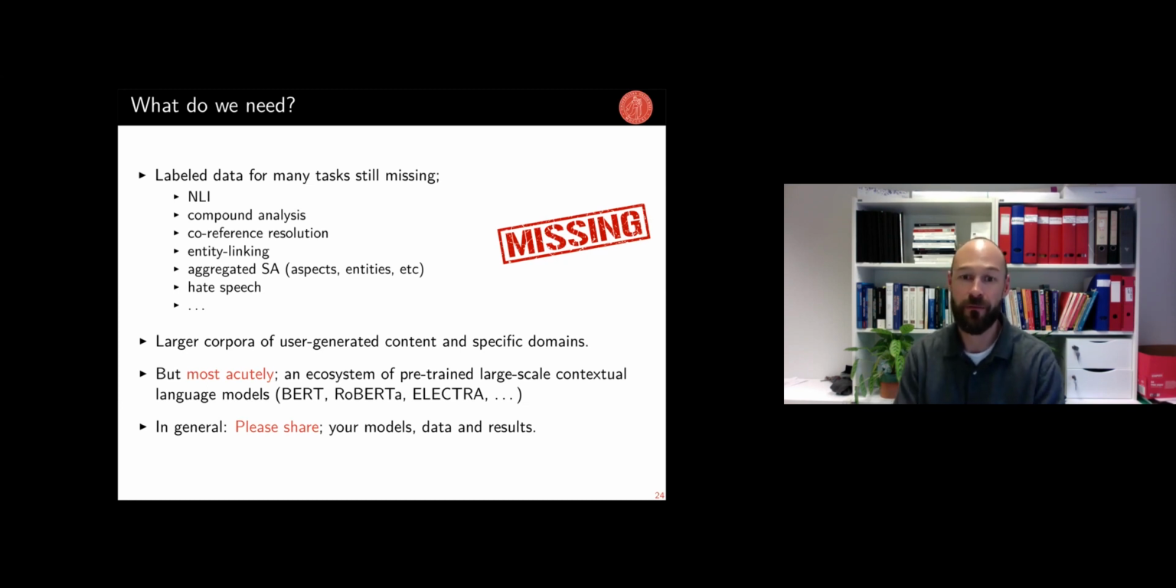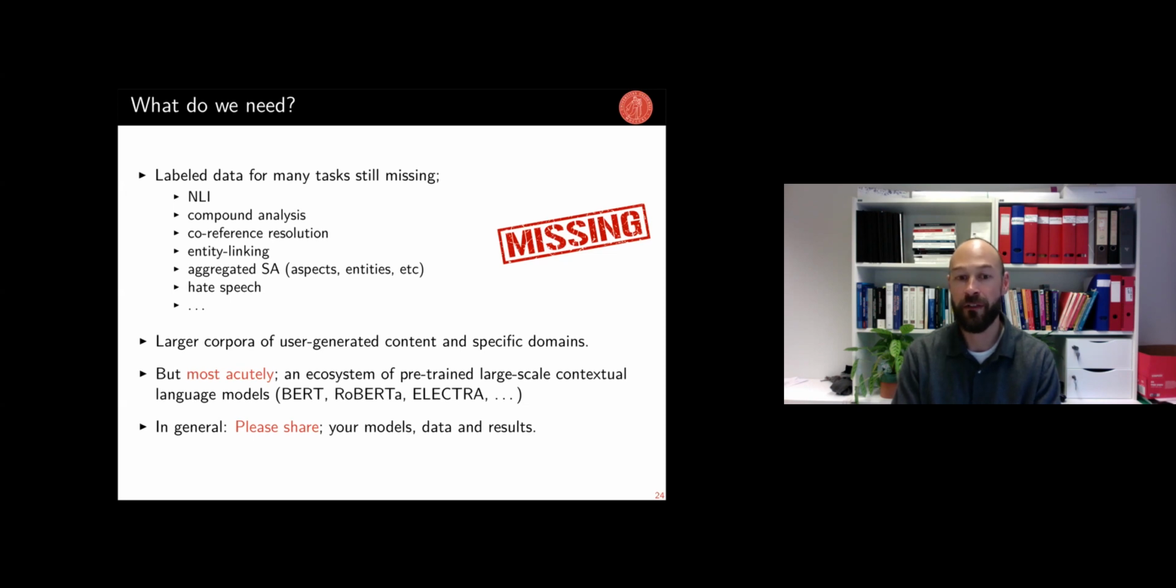Larger corpora of user-generated content, like from Twitter, comment sections, stuff like that, is something we also need. So we have things like the Norwegian news corpus, but that's clean and edited text. It would be nice to have more data available to train language models that represent more noisy user-generated data. Most acutely, the final thing I'll say, the most important thing we're still missing